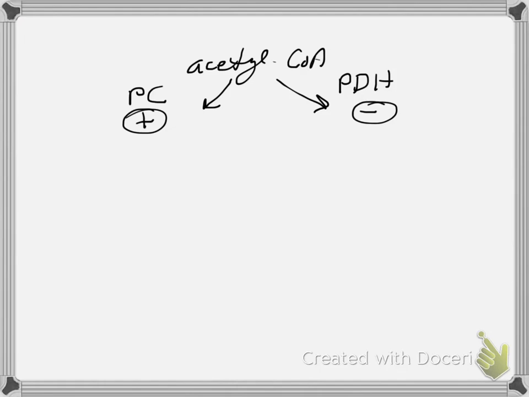Remember that this is inhibiting pyruvate dehydrogenase, and the acetyl-CoA is activating pyruvate carboxylase, so that this is going to push in this direction into gluconeogenesis. Now, the acetyl-CoA is not going to be condensing. Once it's formed, these high levels of acetyl-CoA are not going to be condensing with oxaloacetate to make citrate.